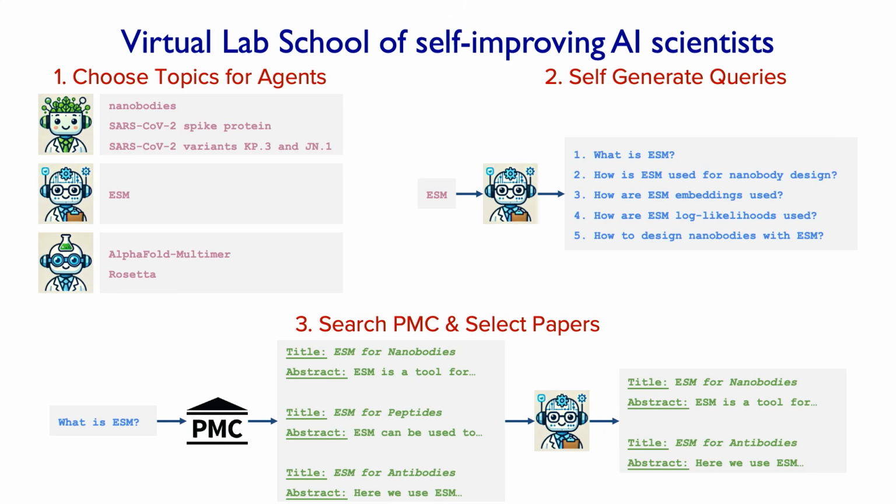So the way the school works is that we'll first tell the agents some of the topics they should learn about. Like one topic could be, learn to use AlphaFold, right? Or maybe learn to help design these milli splinters we saw before, right? And then for each of those topics, the agents will come up with their own learning curriculum by creating a set of questions that are relevant for that topic.